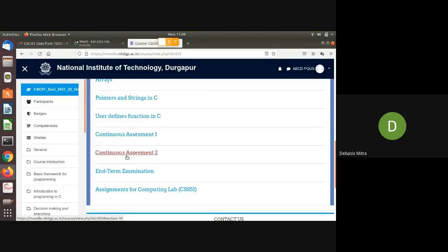And then the quizzes or assignments that will be put under this, we will accordingly instruct you how to do that. But these are the tabs under which those contents will be available in the stipulated time. And the lab courses, I mean, there is a lab session apart from this theoretical introduction to computing class, that is the computing lab.